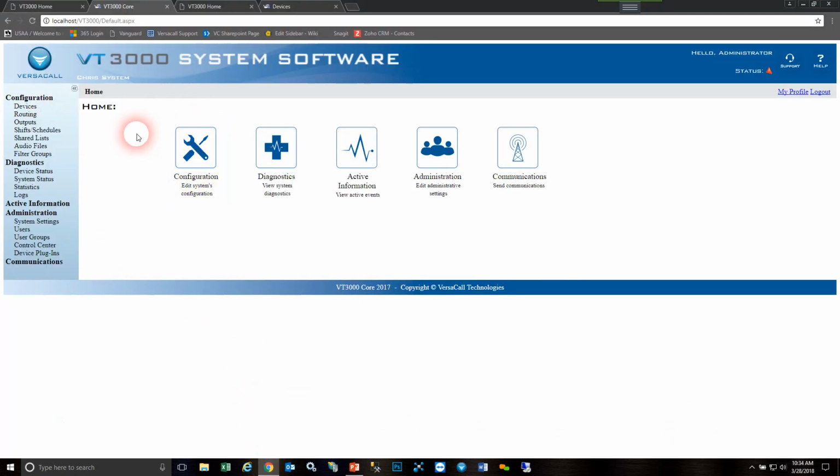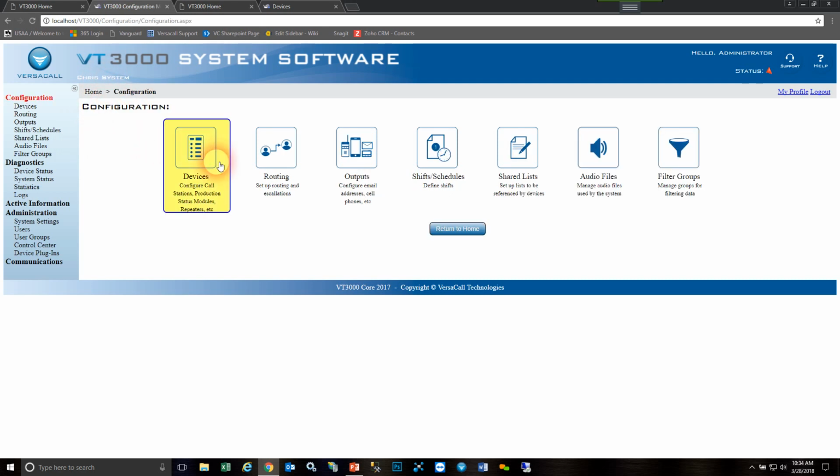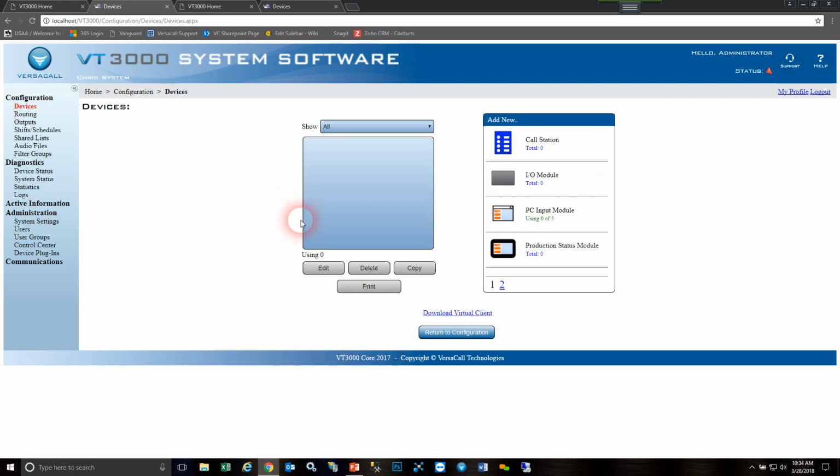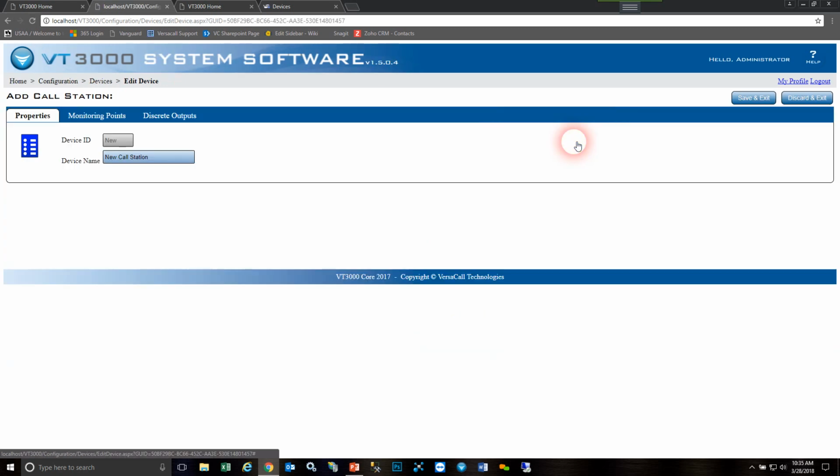So as you can see, I'm already logged in. From my VT3000 homepage, I'm going to select configuration, and then from the configuration page I'm going to select devices, and we'll see here that we've got where we're going to add devices, or if we had some already added, they would list here. So I want to add a call station, so I basically go over here to my add new column and I click on my call station icon,